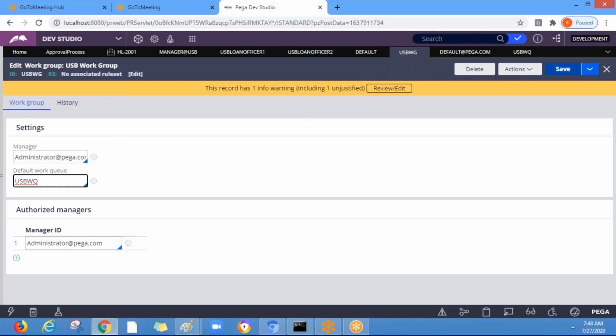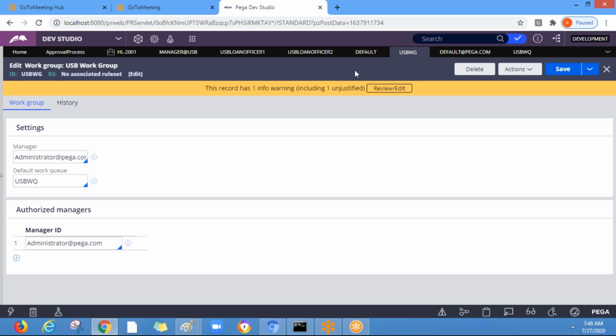Okay. So here you create the new work group by saving as the existing one, and similarly the new work queue, and call work group in work queue and vice versa, work queue in work group. Okay. So in the earlier versions we call it work basket. So in the 7, we call it work basket. But when I say work basket or work queue, both are same.